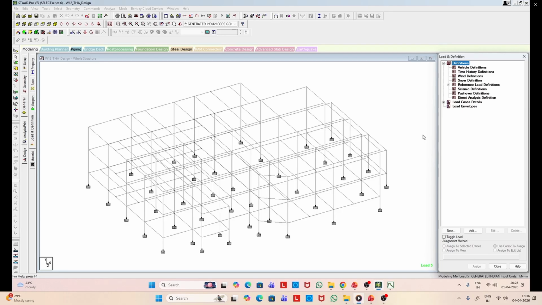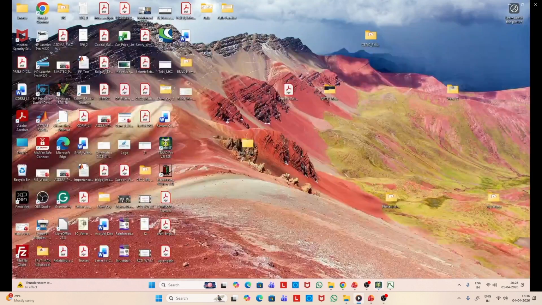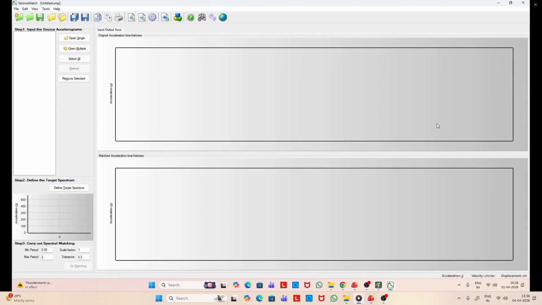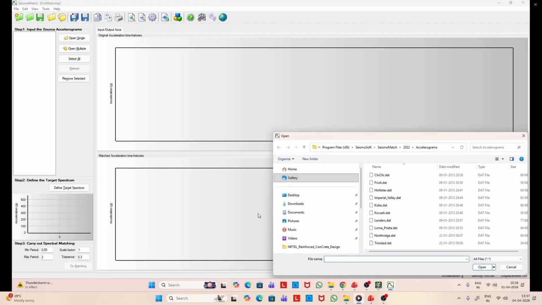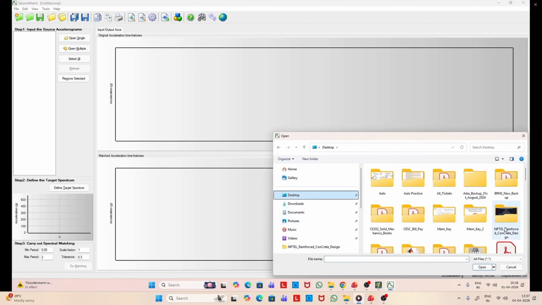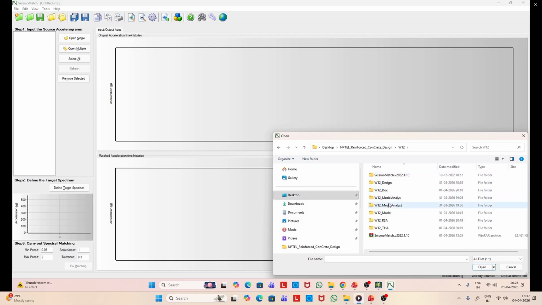But for the time history response, we normally use a recorded accelerogram. If you use an accelerogram which may be recorded at a different place and try to use it for this structure, which is now located in Guwahati, we have to make it spectrum compatible. You know the response spectrum definition. Meaning that if we directly use that earthquake and produce a response spectrum, then we may not get the design response spectrum as specified in the code. So let us see how we can make it spectrum compatible.